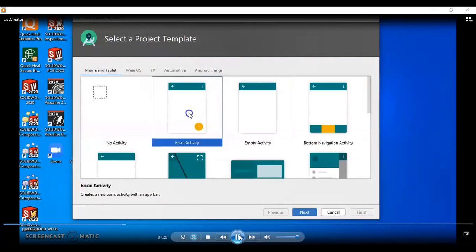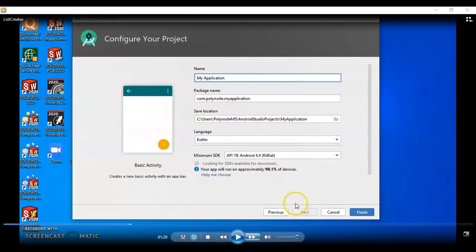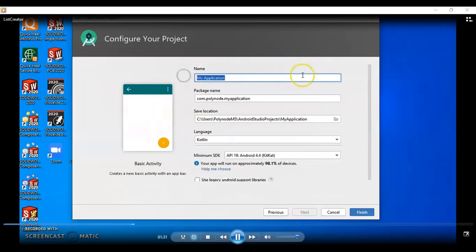After selecting basic activity, just click on next, and then you will get the configuration screen where you can configure your project, right? So we'll be giving List Creator as the name of this application. After giving that name, you can specify the package name. One thing you have to keep in mind: whenever you are creating an Android application, the package name of that application should be unique.